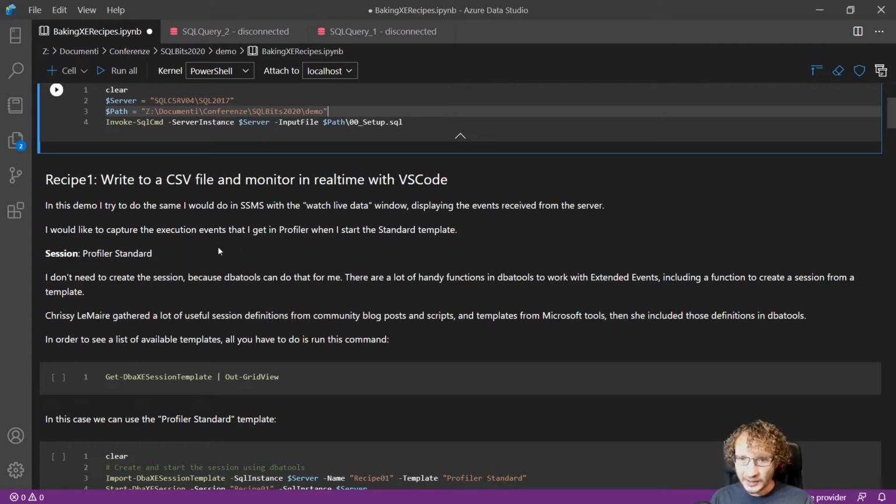And this will do pretty much what we do when we start a session similar to what we get in Profiler, and write to a trace file and watch the data as it appears. Why am I showing you this? Because many people complain about extended events being complicated compared to Profiler. So now I will show you how it is super easy to start a session and capture the events with